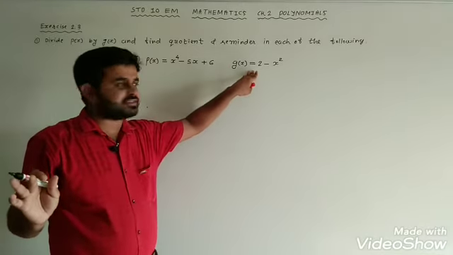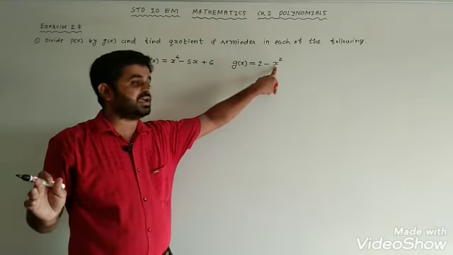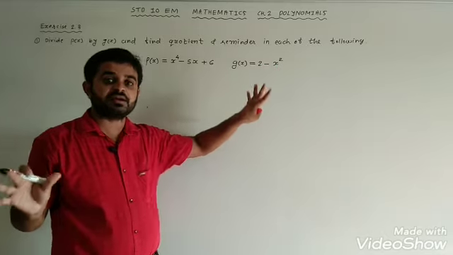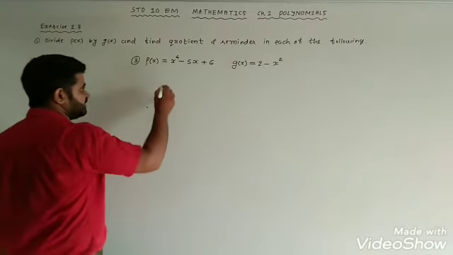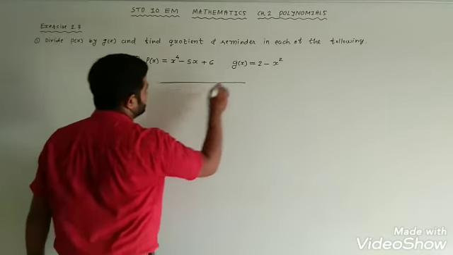In g of x there is 2 minus x square, so we have to rearrange this. Okay, let's start the division. Then